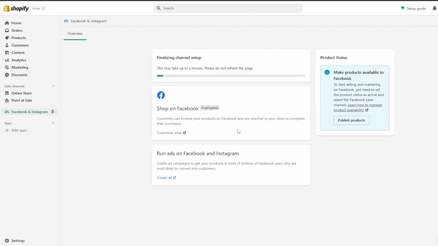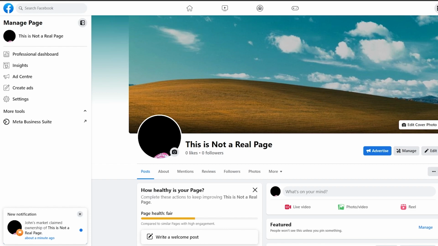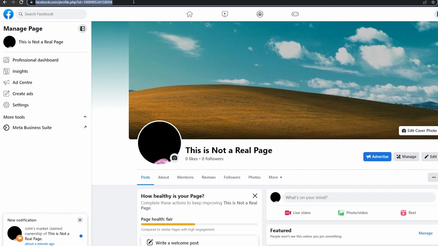Now we just wait for a couple of seconds. As you can see, this might take up to a minute. Do not refresh the page. Once that's done, we should be able to see a pixel created. So next step, what I would recommend you do is you come over here and you just simply type in